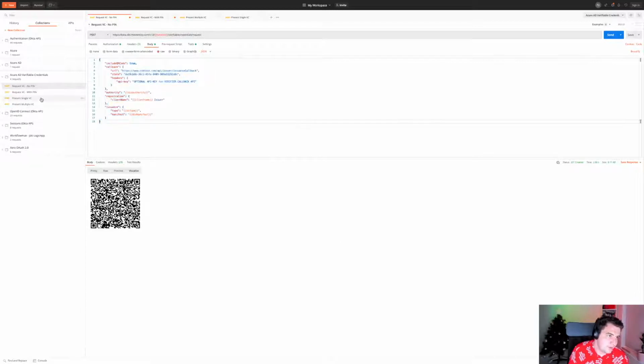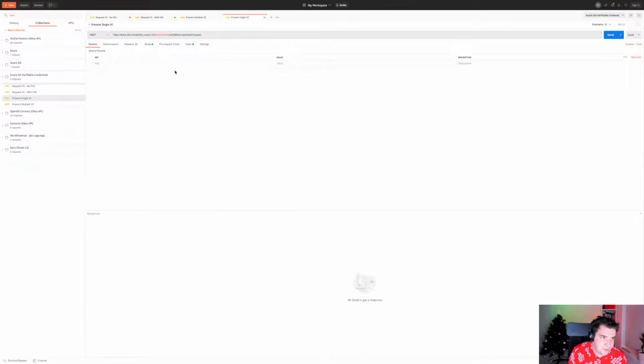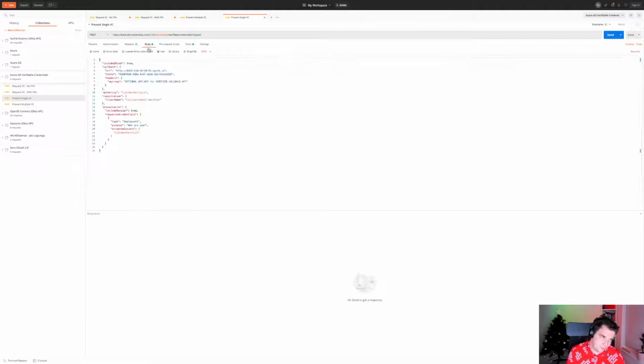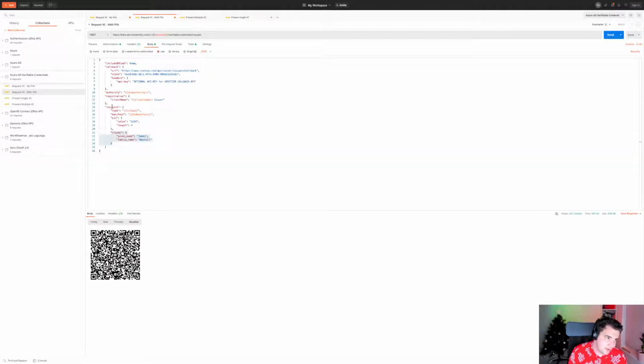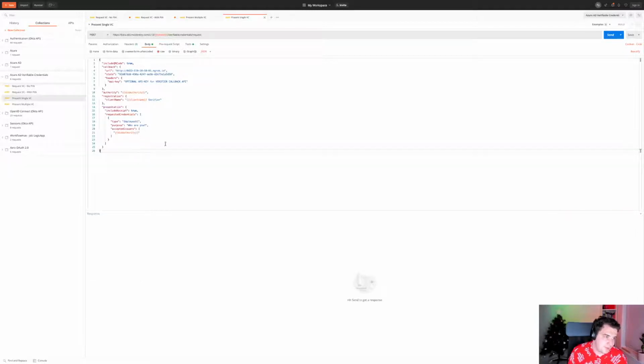So once I've requested a VC via an API, I might want to present it. Now the API is actually multi-service. You'll see that it all says request. The difference is what are you actually requesting? So in this scenario, you can see that I'm requesting presentation compared to the standard issuance. So I'm going to send this one through. Similar sort of setup. I'm requesting in this scenario an employee VC from the DID authority, which is my decentralized identifier.